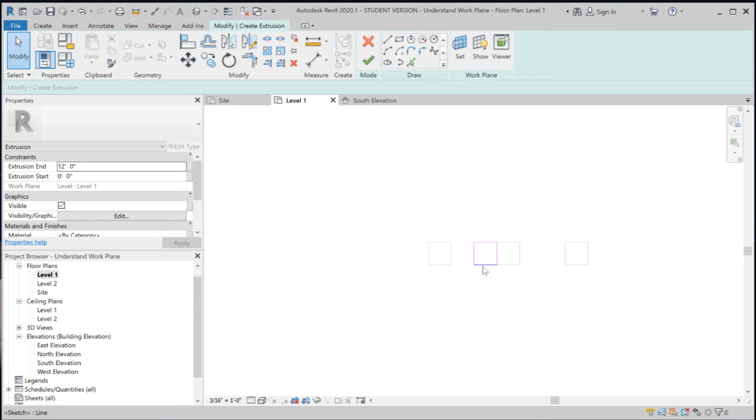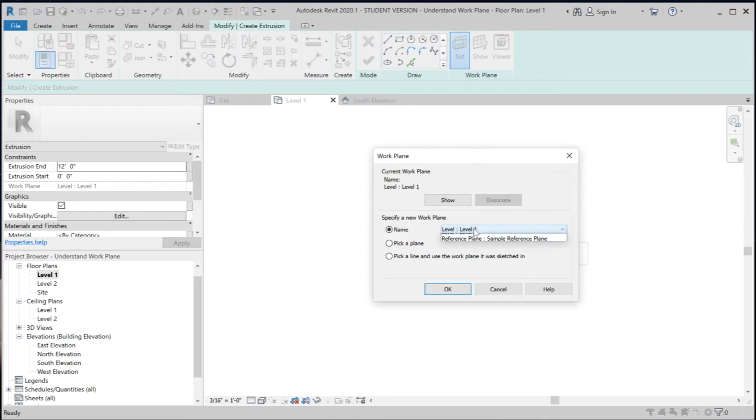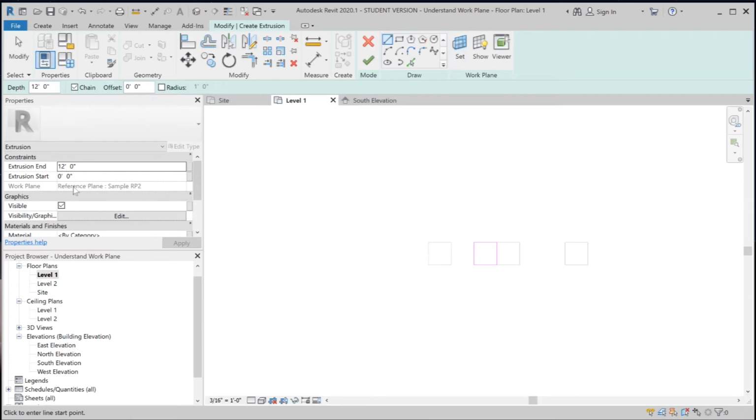And since I want this new geometry to reference off of the new reference plane that we have just drew earlier, I'm going to set the work plane at sample RP2. The starting point will be 0 from sample RP2 and the end point will be at 12 feet at sample RP2. So if I OK out of it,